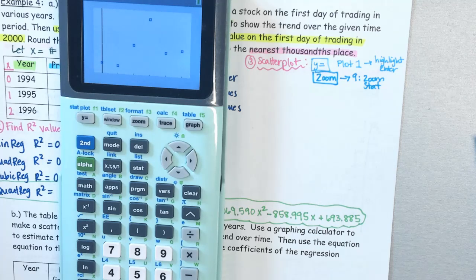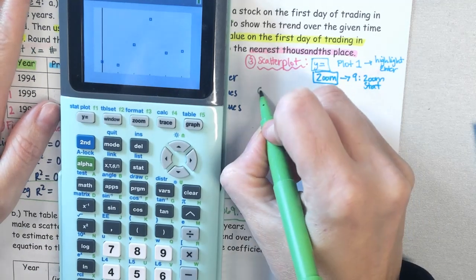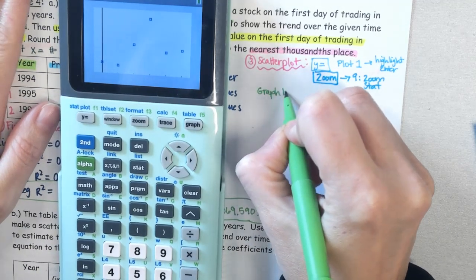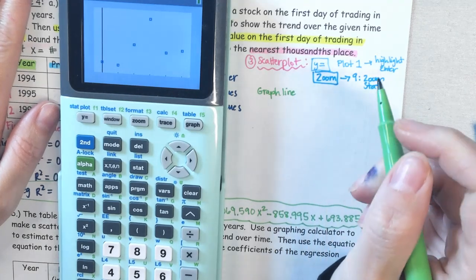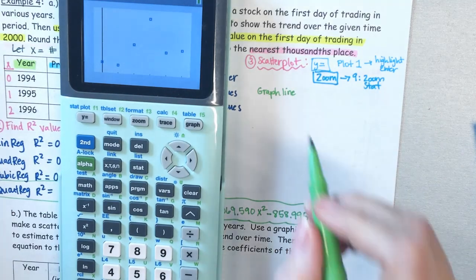Now remember, we're trying to find the line of best fit. So we want to make sure that our line goes through these data points. So I'm going to show you how you can get your calculator to graph that. Okay, so to graph the line, we're going to follow these steps. Okay, so to graph your line,